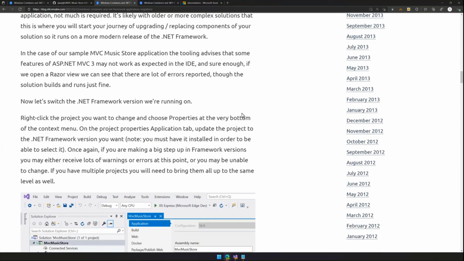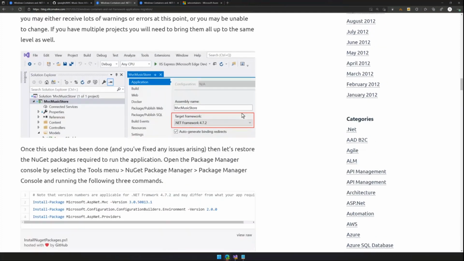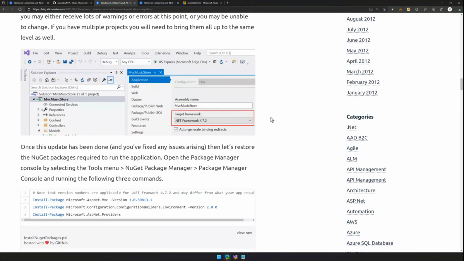And then the first thing that I did was I actually came in and I changed the .NET Framework target version to 4.7.2. Now, I could have left it at 3.5, but there was a reason that I wanted to choose 4.7.2. And it was also a version that I had on my machine at the time. So literally just going in, right-clicking on the project and saying, hey, change the target framework to 4.7.2.